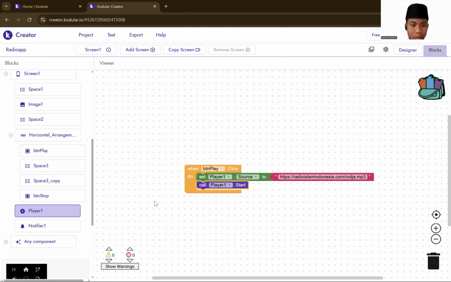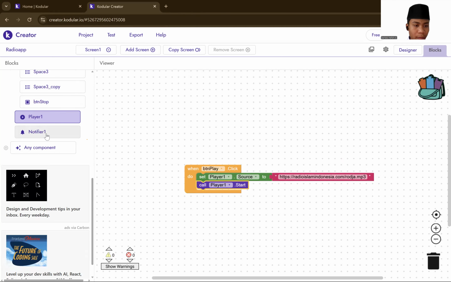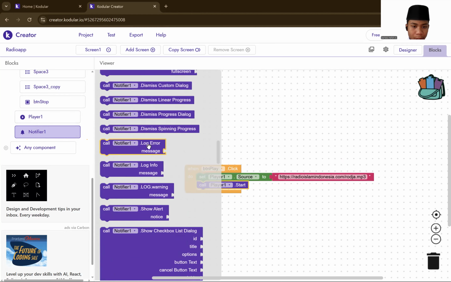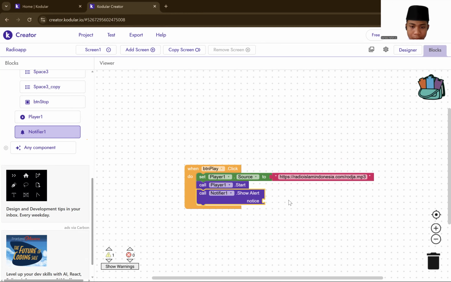Okay, then you go to notifier one, then you take the name. Now this, and then you go to this you copy. Okay, if done, you delete the text and you write radio is playing. Like this.